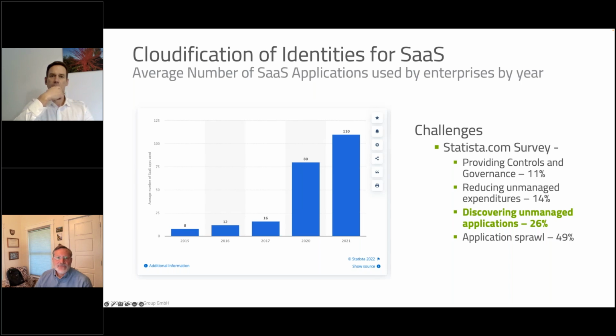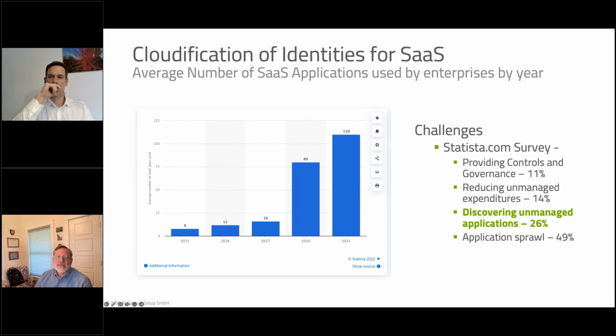In the market for software as a service, the use of it is also growing exponentially. In this chart here by Statista that provides really good research, we see the increase in enterprises adopting the use of software on the cloud. And again, you can see that it's growing exponentially.